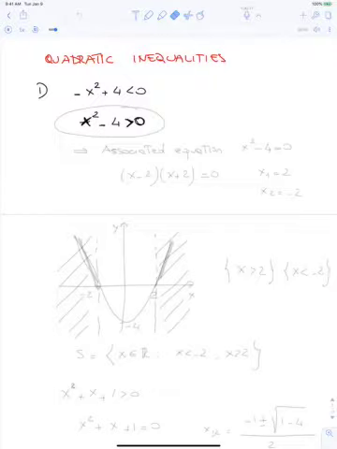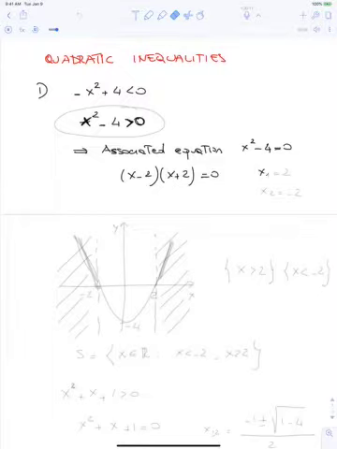Now, the first thing that we do is we study the associated equation, or the associated equality. So we want to know the values of x such that x squared minus 4 is equal to 0. Now, this is pretty simple because this can be written as x minus 2 times x plus 2 equal to 0. So we have two solutions, x1 equal 2 and x2 equal minus 2. So this is pretty straightforward. Now, we haven't solved the inequality yet. We just solved the